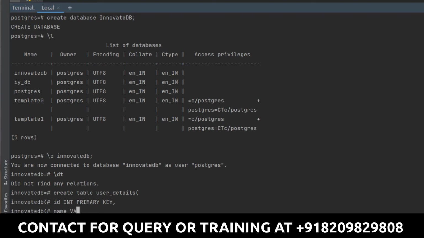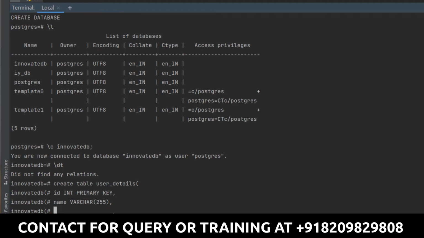So I will be typing it as varchar. Varchar is a type of your data, and in here you will be typing the length of your data, like what can be the maximum length. So it will be varchar(255), which can be the maximum length, comma, press enter. Similarly, let's add another detail. Let's say that is email id, right?